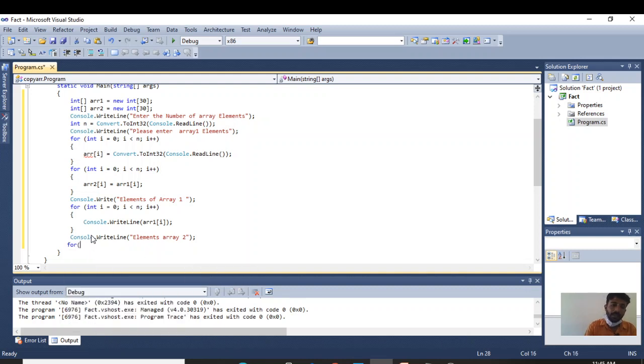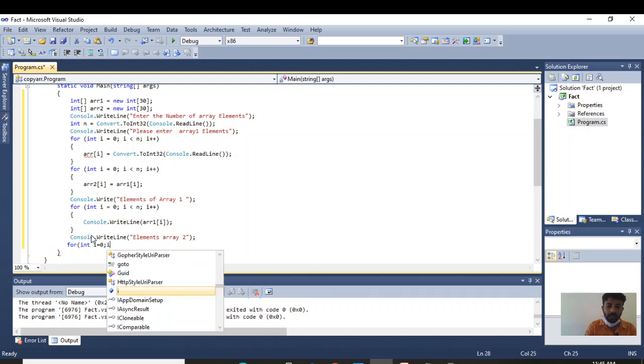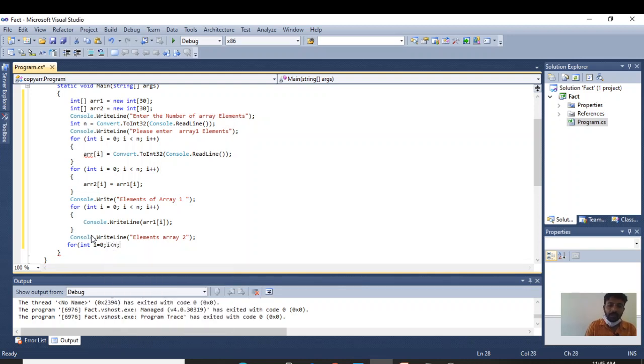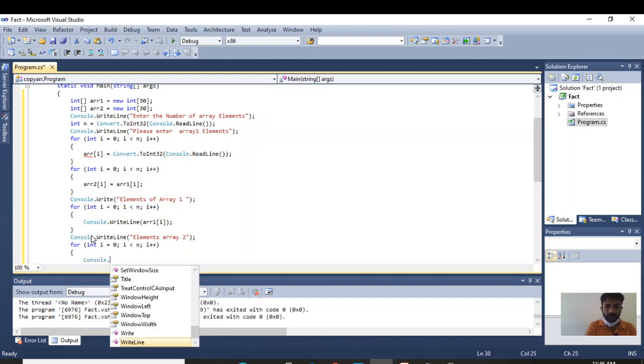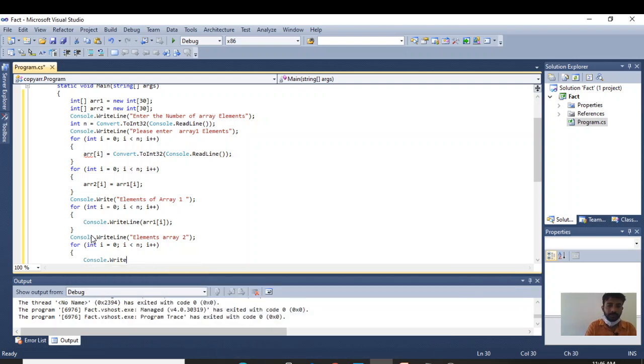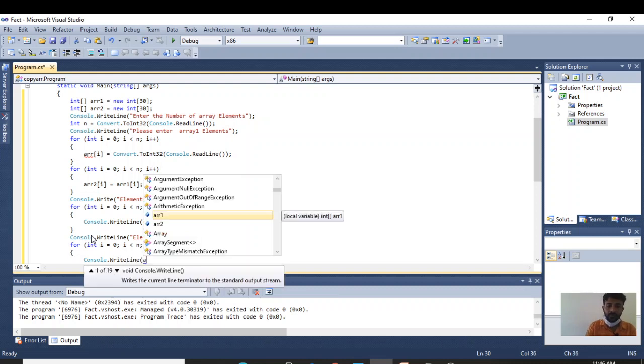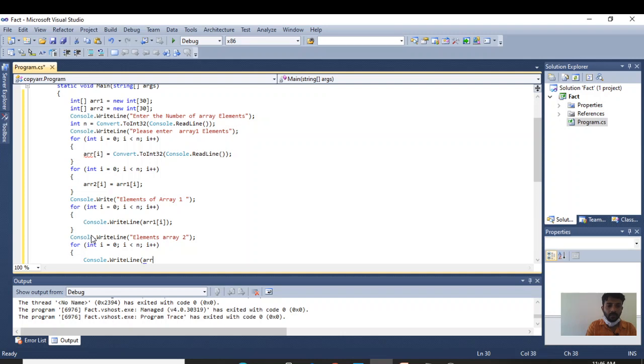Next, I will use a for loop again for displaying the array elements. Int i equal to 0, i less than n, i plus plus. Console.WriteLine array 2 of i.